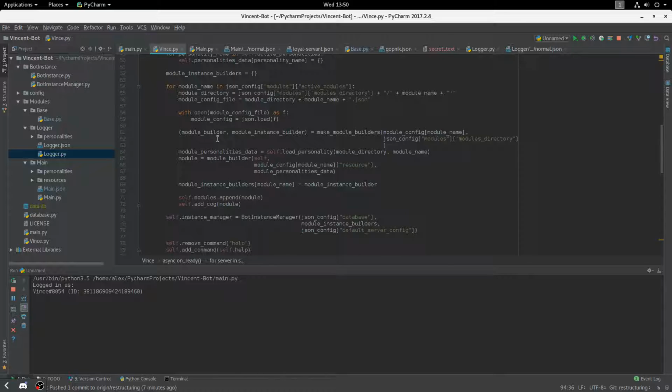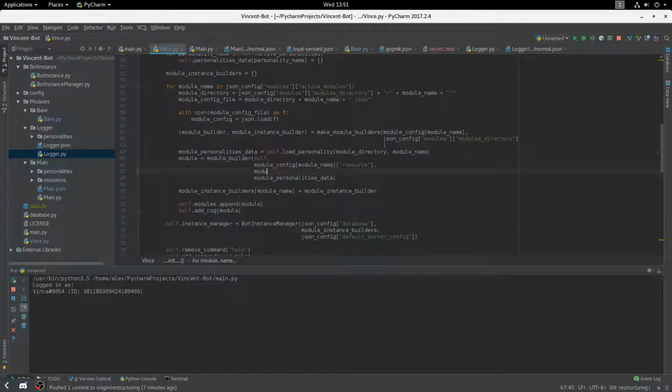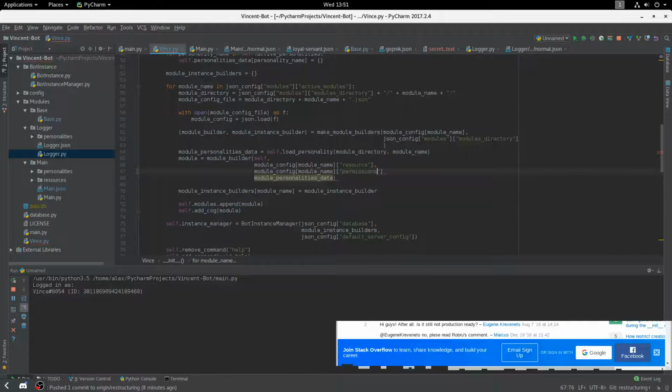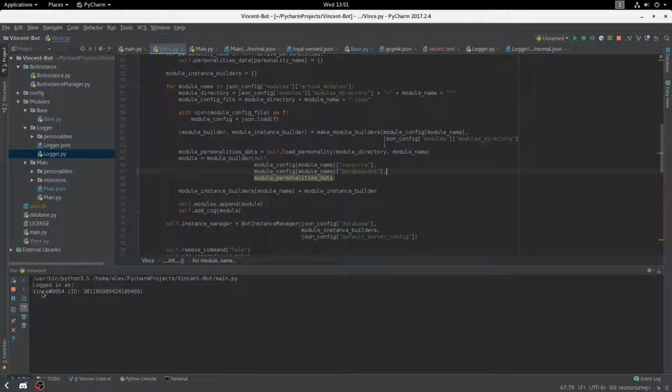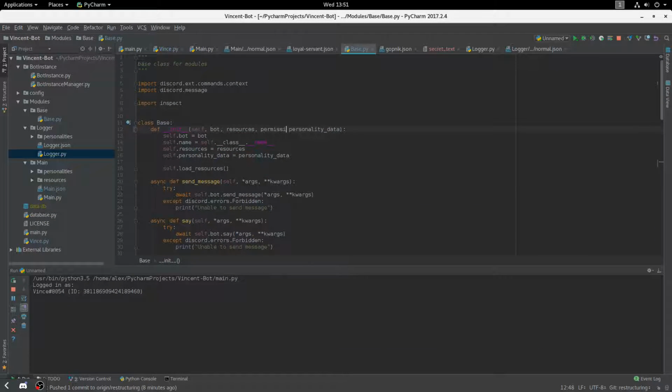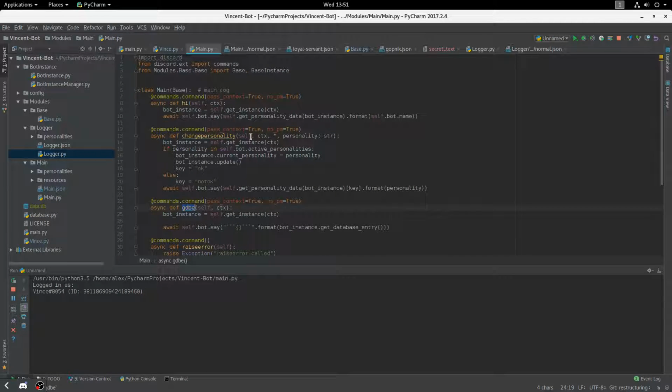Make module builders, JSON config, modules directories. Alright, here module builder, self module resource, personality data. So I will have to load permissions inside here: module config, module name of permissions. Then I will have base.py require this as a parameter. Alright, the next step is